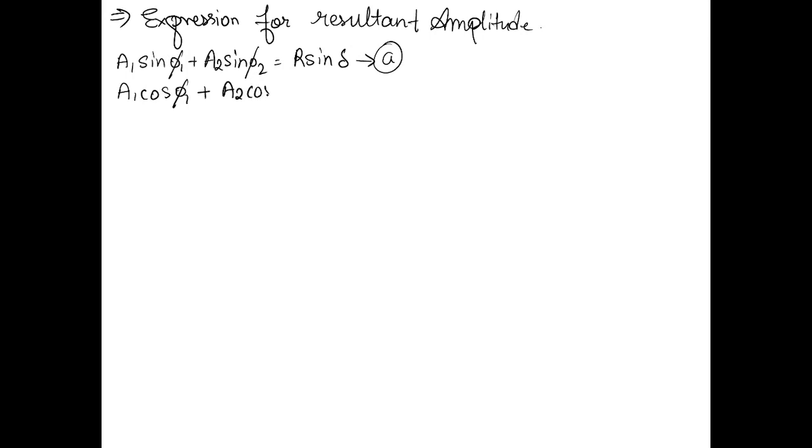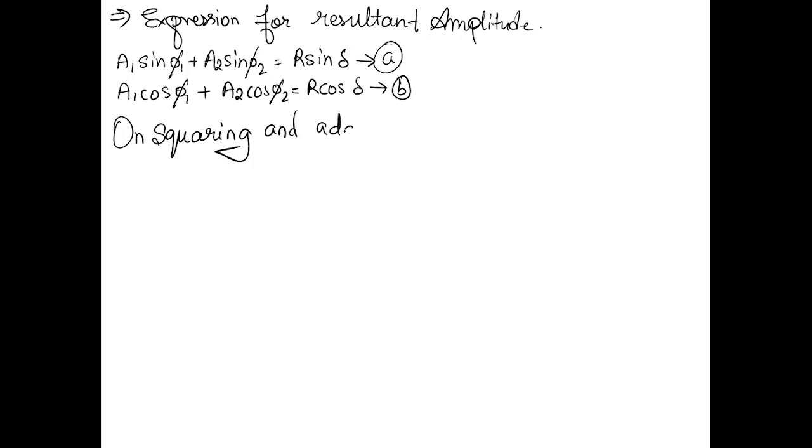So what are equations A and B? You have to consider equations A and B. A1 sine of phi 1 plus A2 sine of phi 2 is equal to R sine delta. This was equation A. A1 cos of phi 1 plus A2 cos of phi 2 is equal to R cos of delta. This is equation number B. So there are two equations, A and B. On squaring and adding, we get